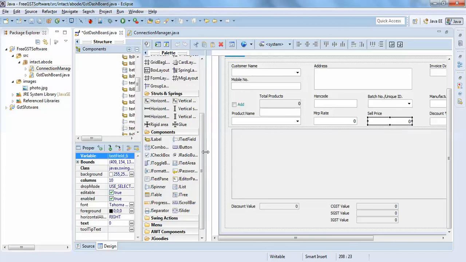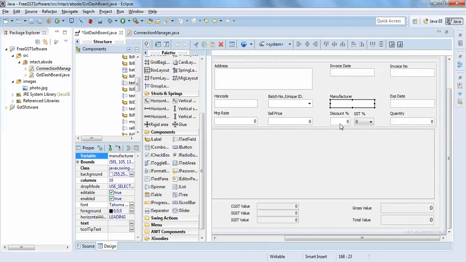So sell price, so this will be a manufacturer, and this will be discount percentage, and this will be GST percentage, GST tax. So this is expiry date,